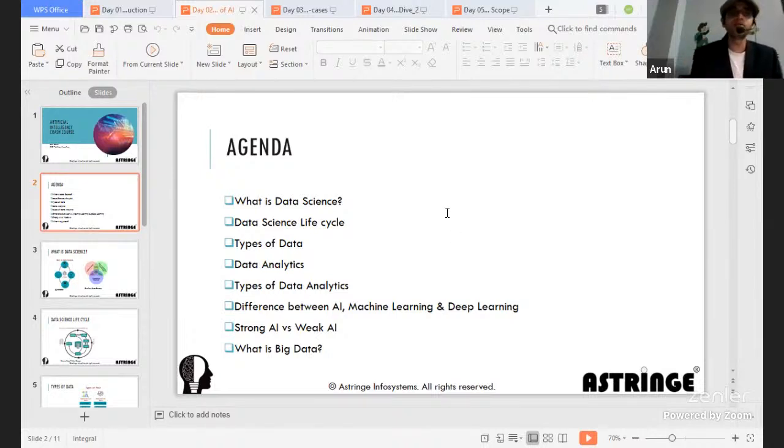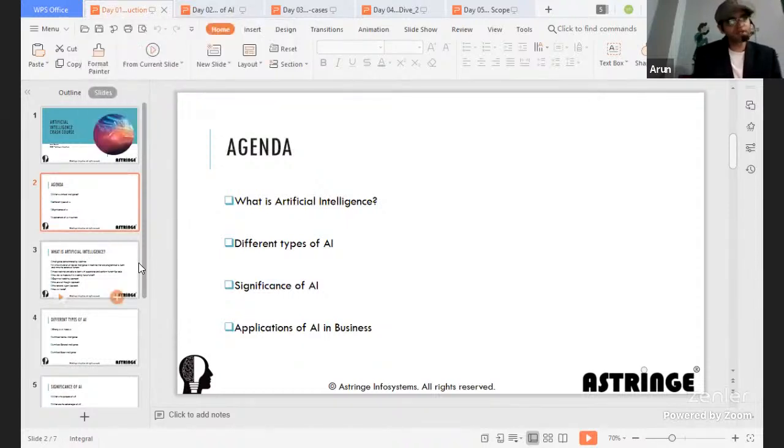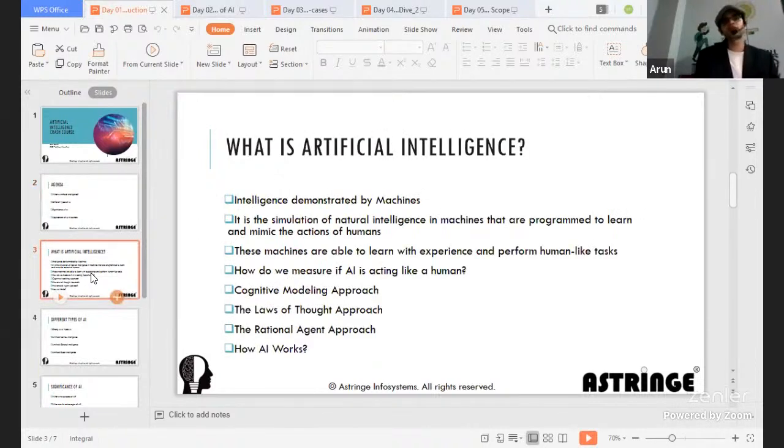Now, let's come back to our actual topic, that was AI, right? So in AI, some of the topics I think we would have already covered, but the ones which are not covered, I'll just quickly touch base on. Intelligence which is demonstrated by machines is called AI. That's the simplest definition which I could find. Ultimately, if a machine is able to mimic human intelligence, the human intelligence is natural intelligence, we can say. So what could the machine intelligence be? Obviously, it is artificial intelligence, right?